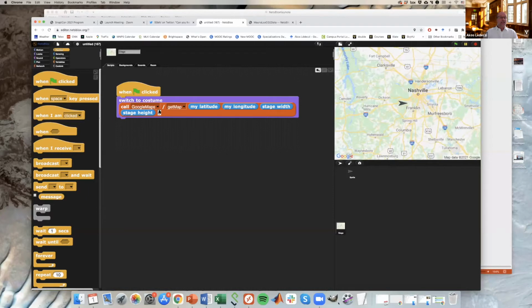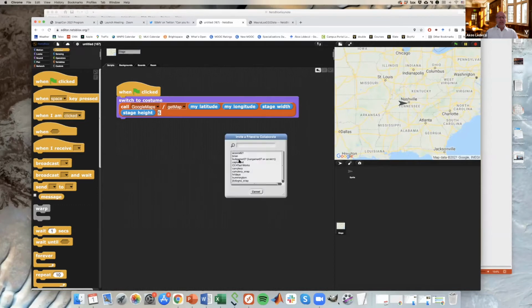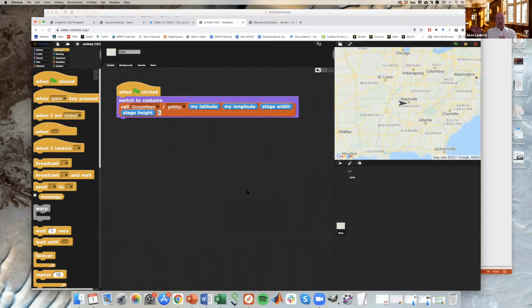Okay, so let's actually change the zoom level to 5 to have a bigger map. I'm also going to ask Brian to add zoom capability to this map while I am doing the weather portion. So for that, I'm going to invite him to collaborate with me. So here is Brian. I'm going to invite him to collaborate on this project. He has a message that popped up on his screen. He will accept that invitation, hopefully, and join this project.